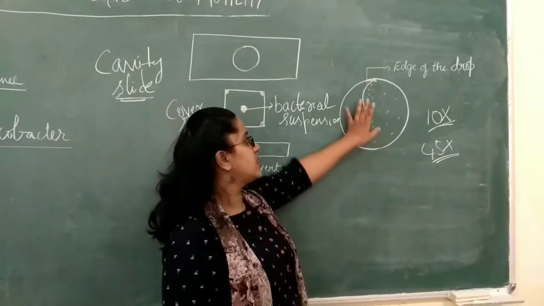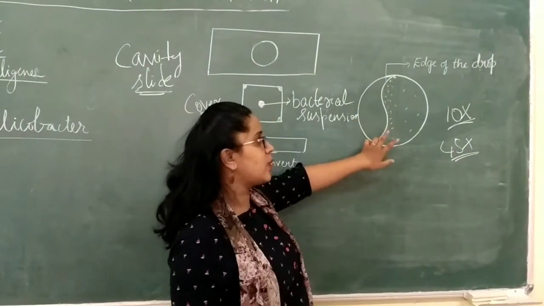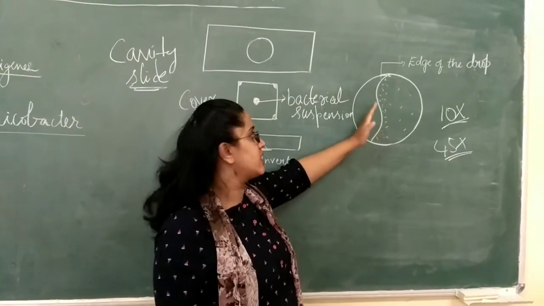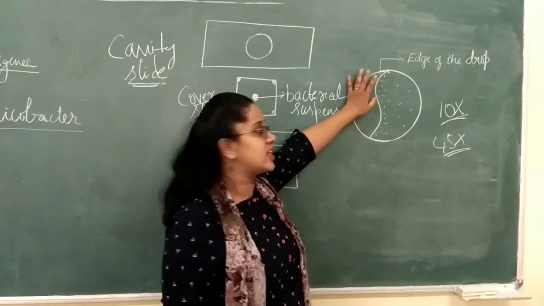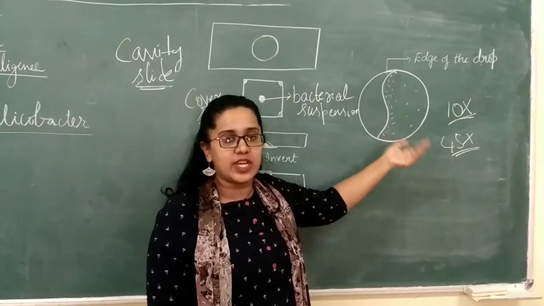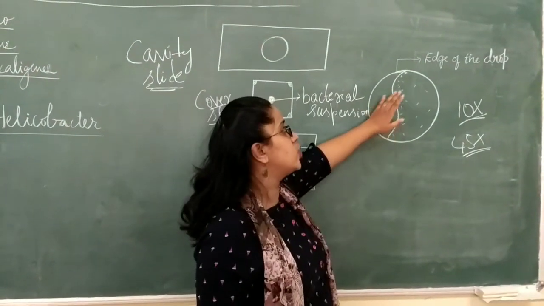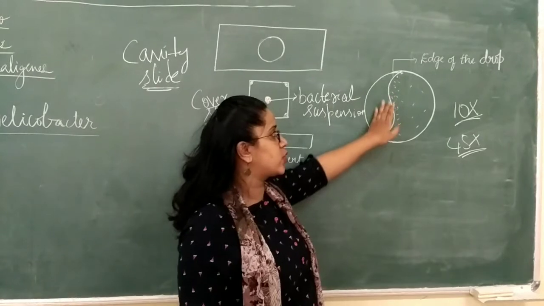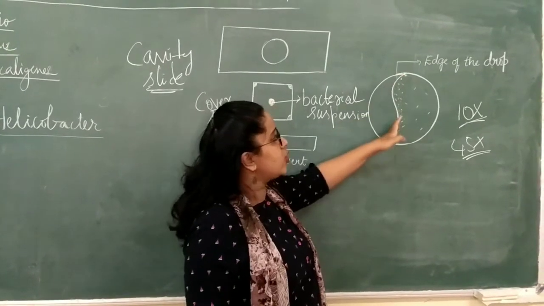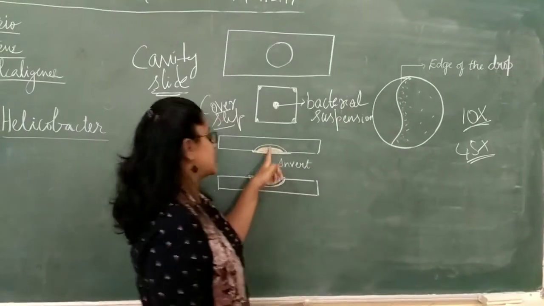So why do we see a predominance of the bacterial cells around the edge of the drop? This is because there is an increased air supply, or increased aeration at this region, and it is a very natural phenomenon for most organisms that are aerobic to go in search of oxygen. So that is why you will see that there are maximum number of microorganisms which are in close proximity to the edge of the drop of your suspension.